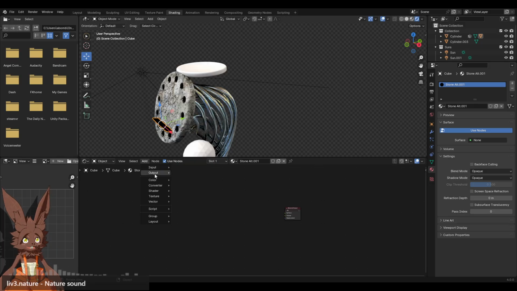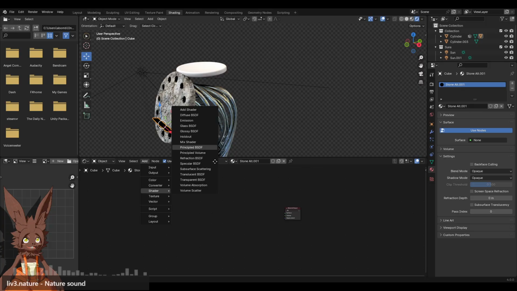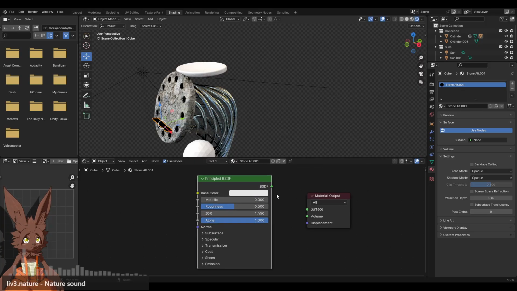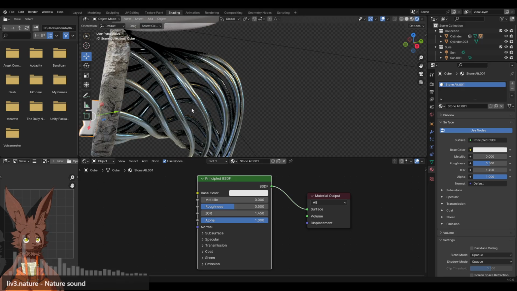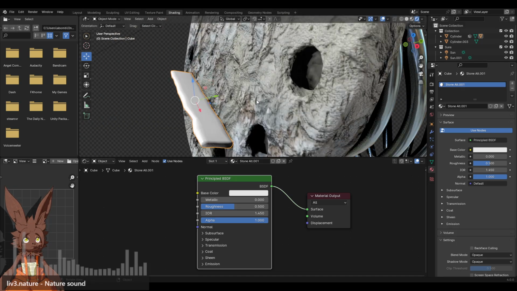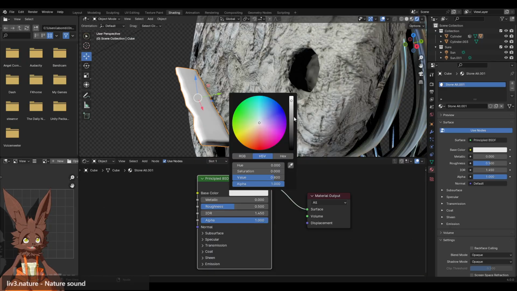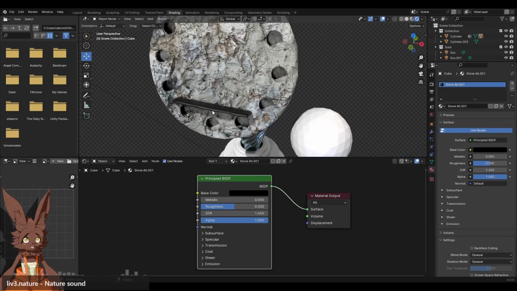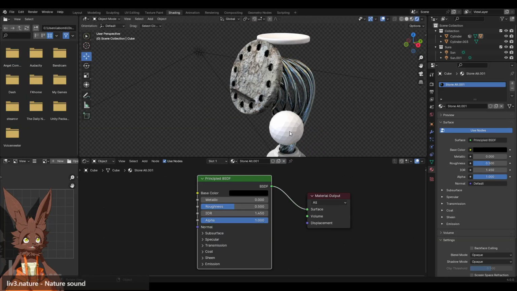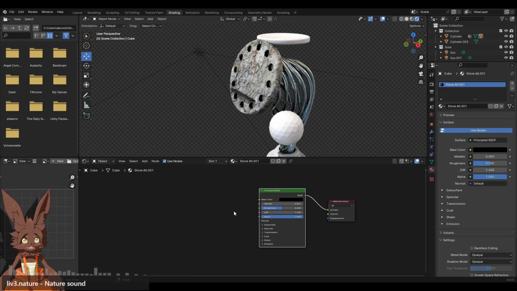Let's just get the principled BSDF back in there for now. And I'm just going to make it black for now. Oh, you know what? It could be wood. Maybe that's what we're missing. Wood. Maybe when I combine some wood and this,